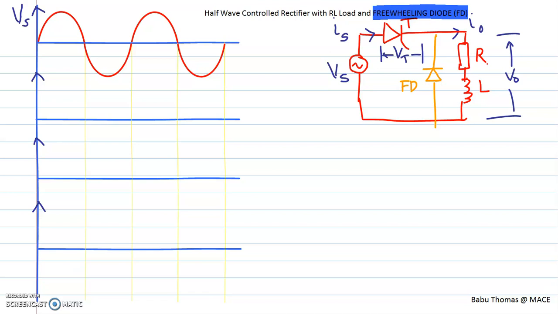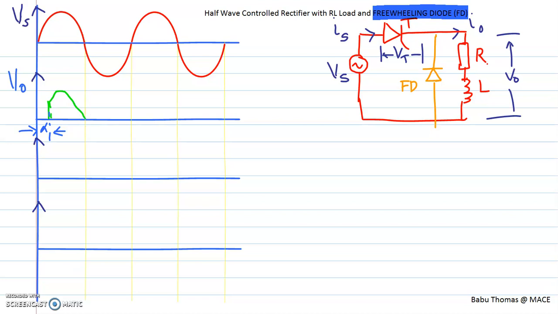During the positive half cycle, you are going to trigger your thyristor at an angle alpha. Just imagine that I trigger the thyristor at an angle alpha, and you note down the output voltage waveform V0. At angle alpha the thyristor gets fired, so the thyristor T acts as a closed switch, and therefore the output voltage will be equal to your source voltage. So it goes like this.